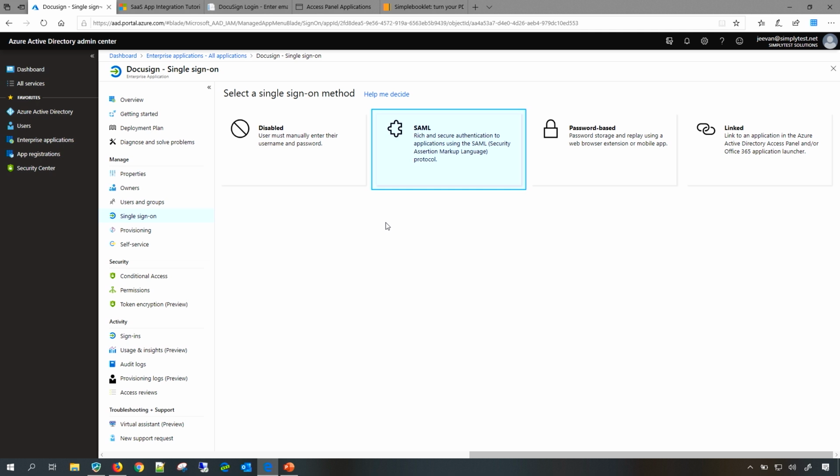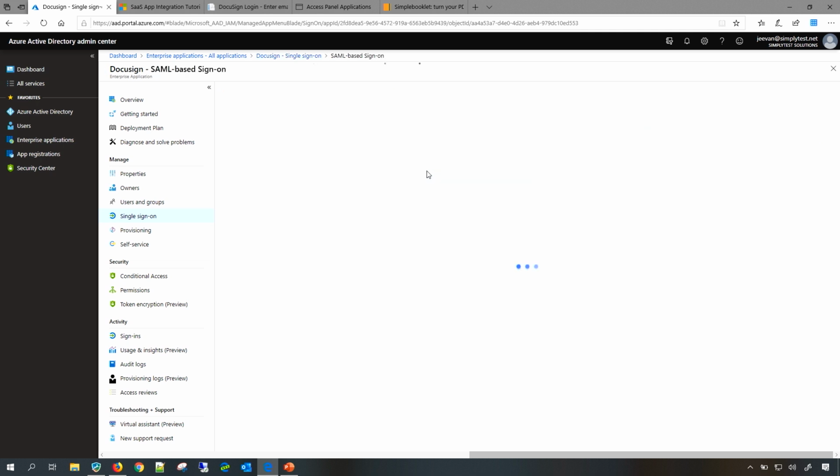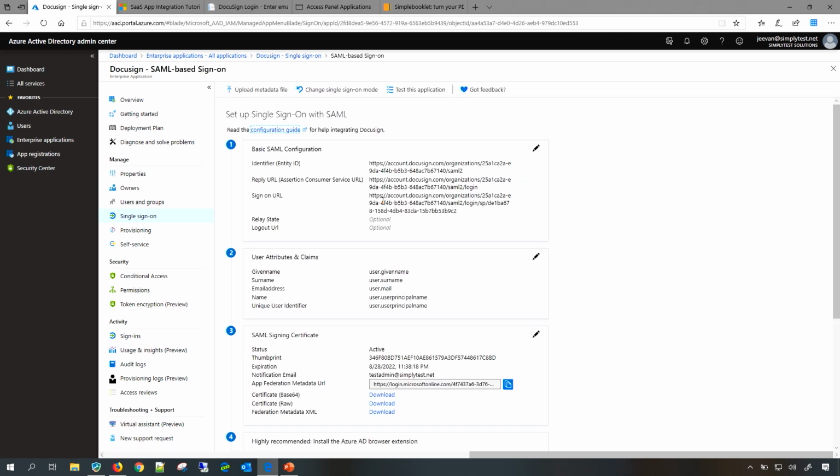But now if you want to enable single sign-on, the rich and secure authentication experience you can get is with SAML-based or any of the token-based federation single sign-on. So let's click on that. Then it will take you to the page where you can configure this particular app. There is also a configuration guide link given, through which you can read the documentation for that specific app. So it's also available here.